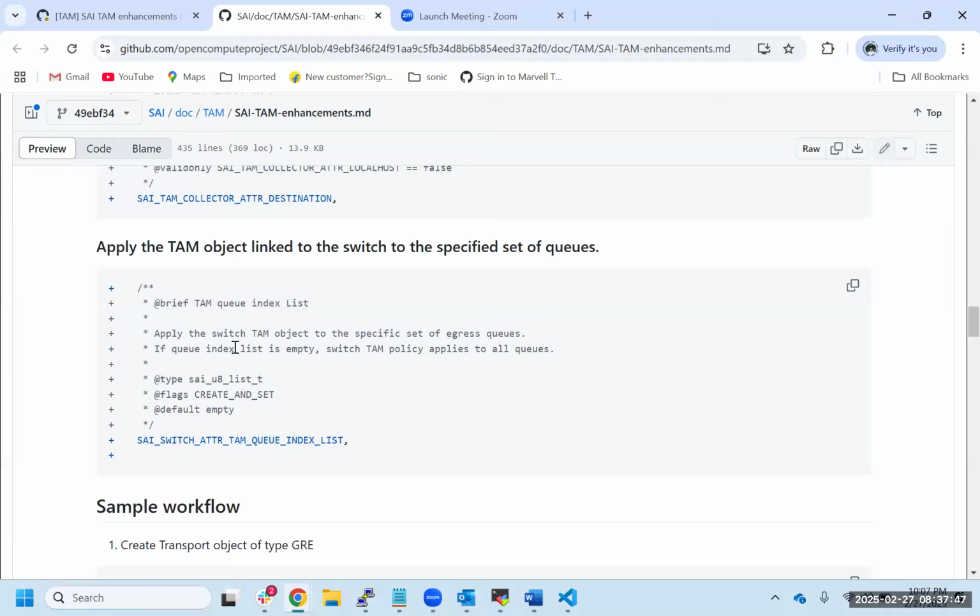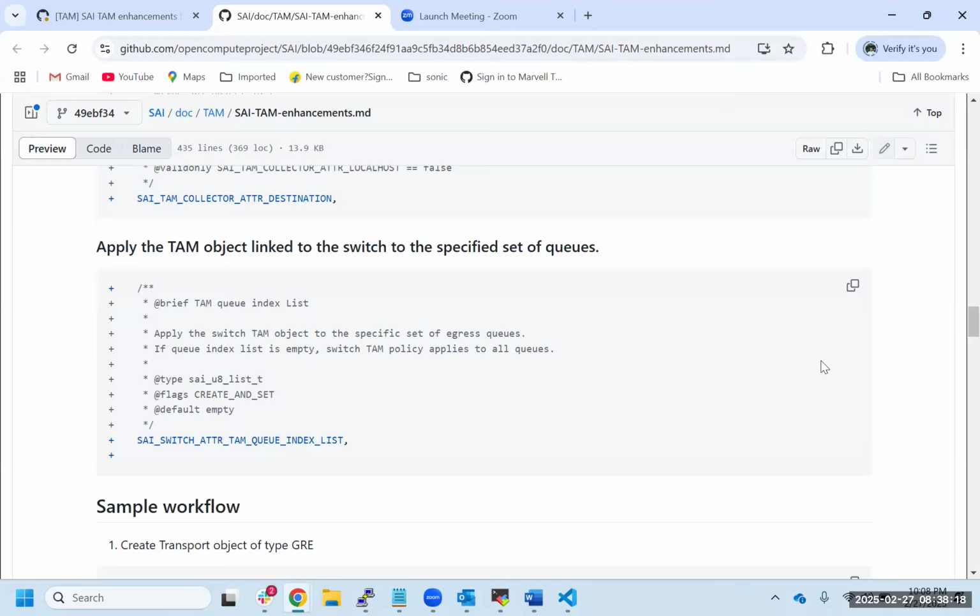Now we may have a scenario or a use case where my time policy is related to some queue monitoring events like a tail drop or a threshold, and if I want to add fine granular control on which queues this policy should be applied, this attribute will help me there, where I'm directly taking the list of queue indices wherein this time policy is valid.